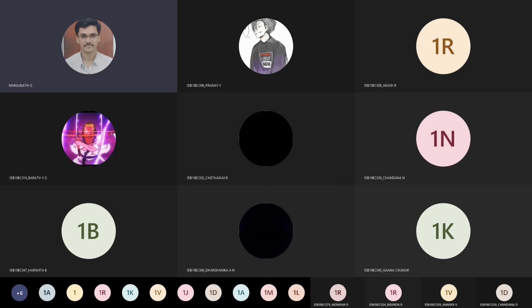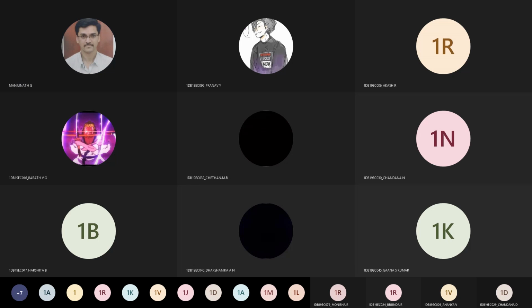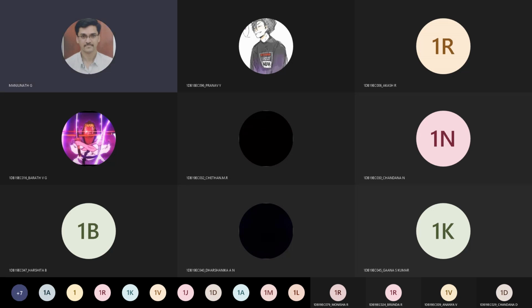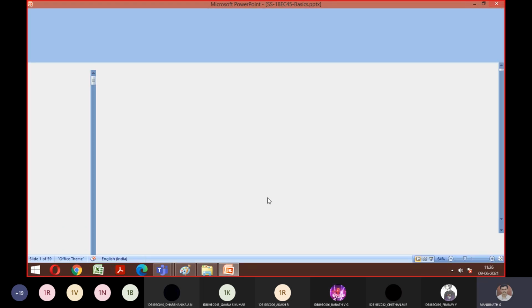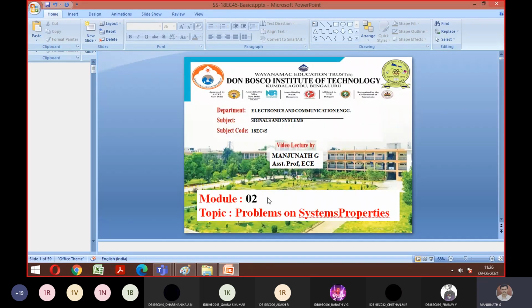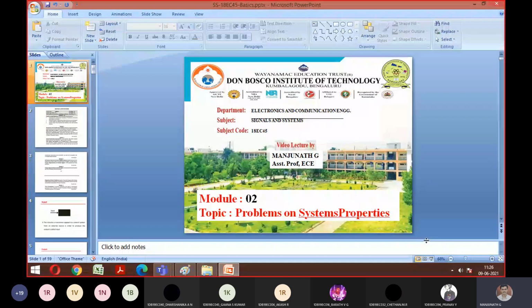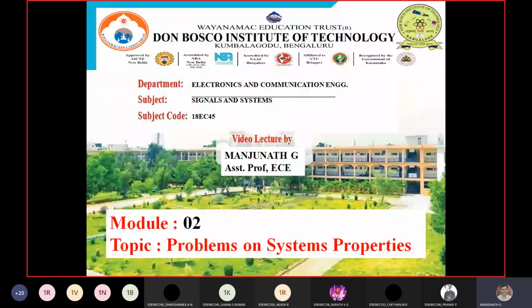Okay, let's proceed. I think in the last class we finished all the 6 properties individually and went through how to solve the problem individually also. Am I correct? Yes, sir. Okay, so if anybody has doubts regarding any of the properties of systems, we will discuss, or else we will move on to the last part of this system model.